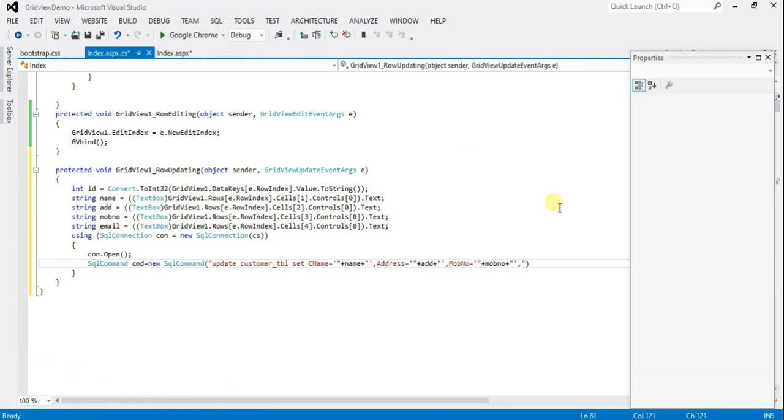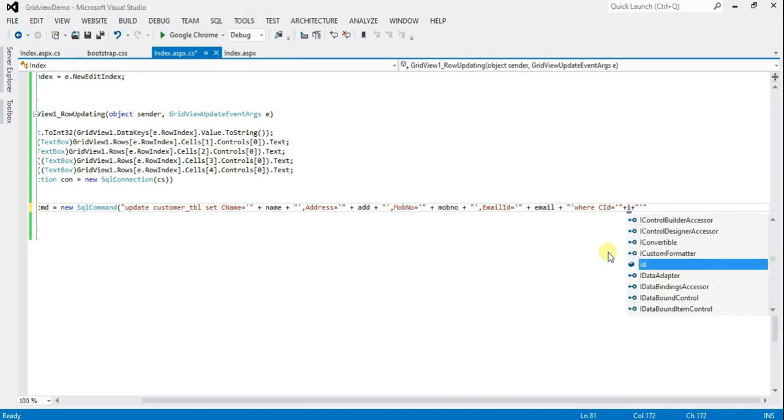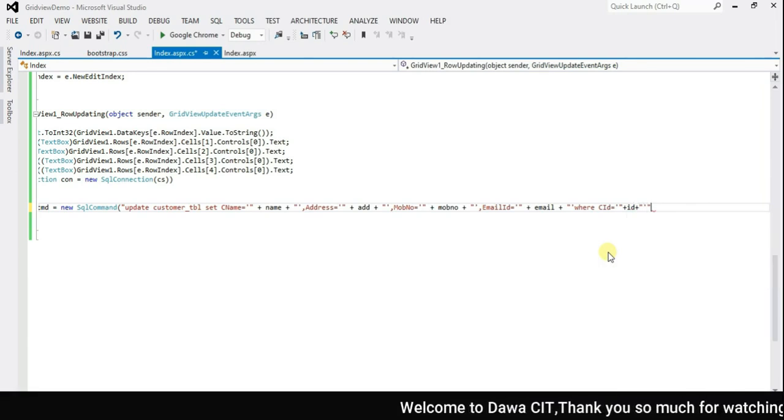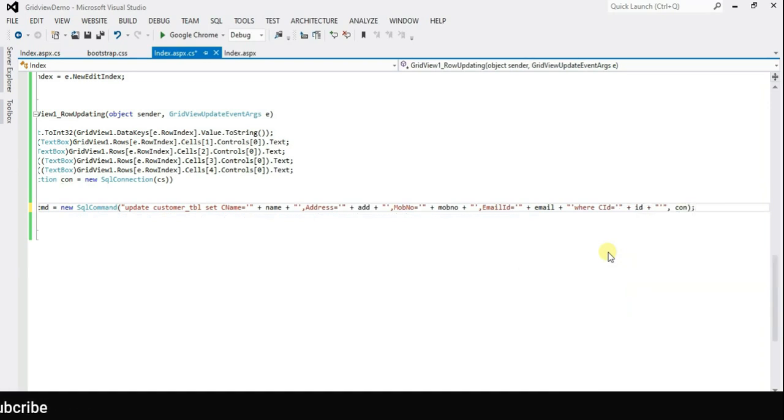comma, email id equal to single quotation mark, double quotation mark, plus plus, email, where customer id cid equal to single quotation mark, double quotation mark, plus plus, id, comma, con, semicolon,